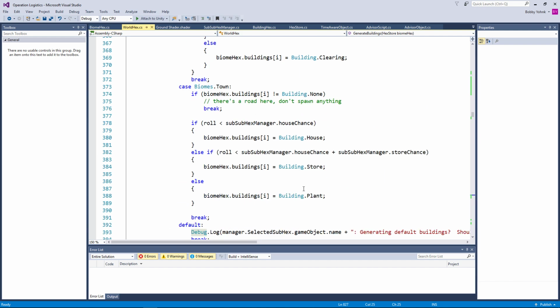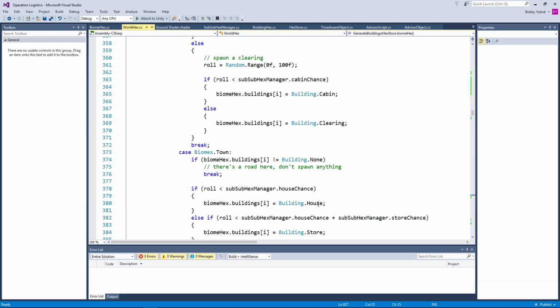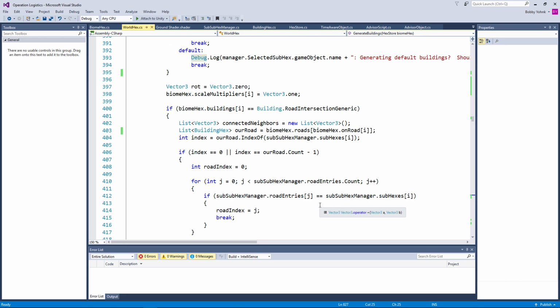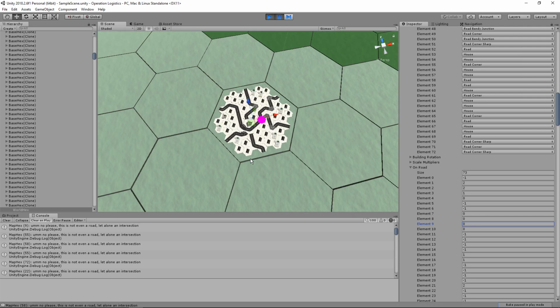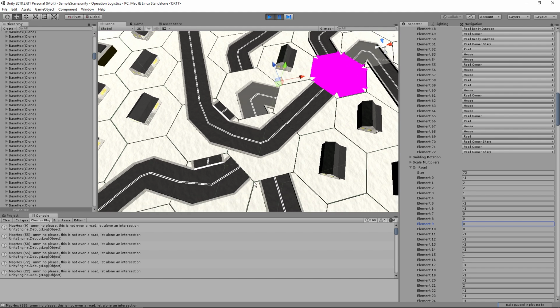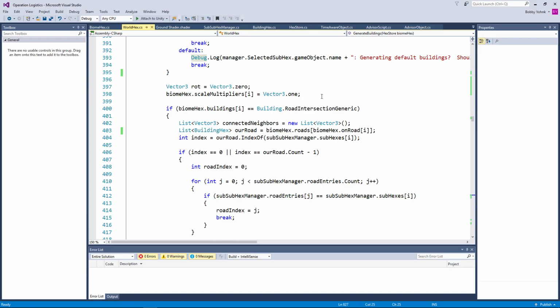Okay, so I have to assume then that something is going wrong when we are generating our roads here, our road intersections only. Like, this guy is rotated the wrong way, but mostly they seem to be rotated the correct direction, and it could be that he's actually rotated correctly-ish. I'm not sure. But first things first, we need to make sure that our connected neighbors are being set up